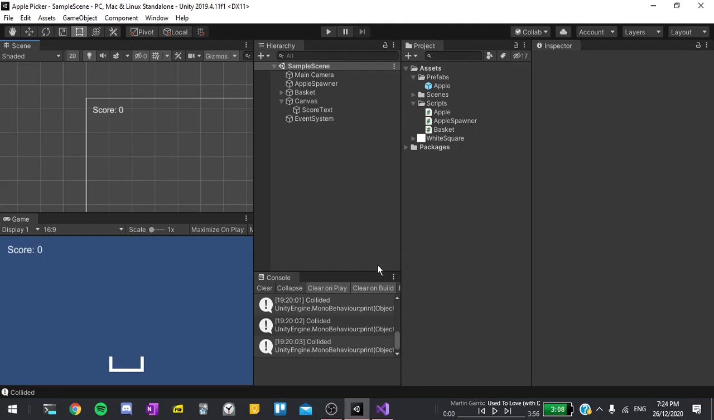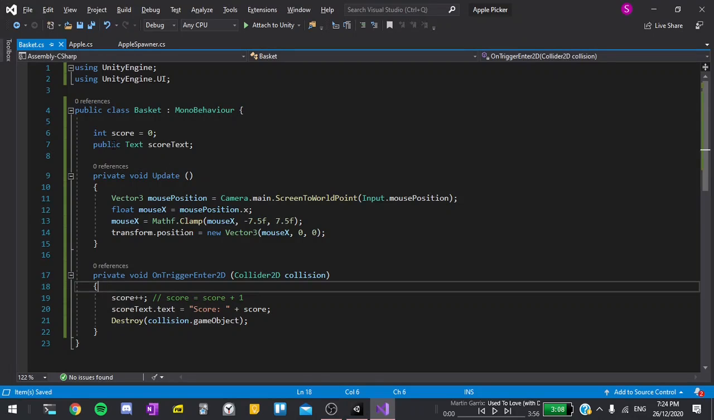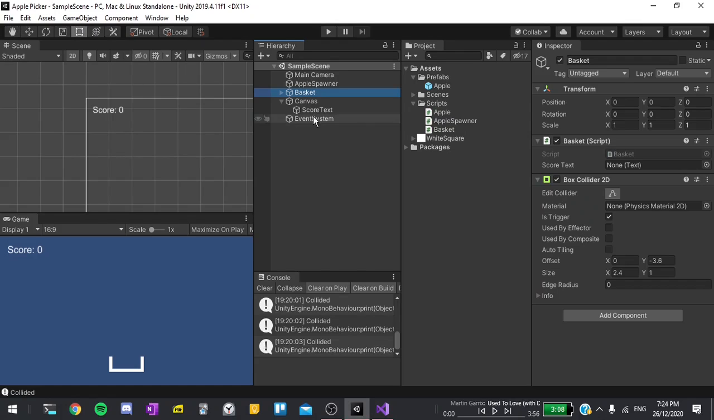The last thing we have to do before hitting play is select our basket script, and you'll see that there is a score text option here. That's because we set the text to be public, meaning that it can be accessed from just about anywhere. If I return back to the editor, I can simply drag and drop our score text into that slot, and all should be working. So I'll hit play,